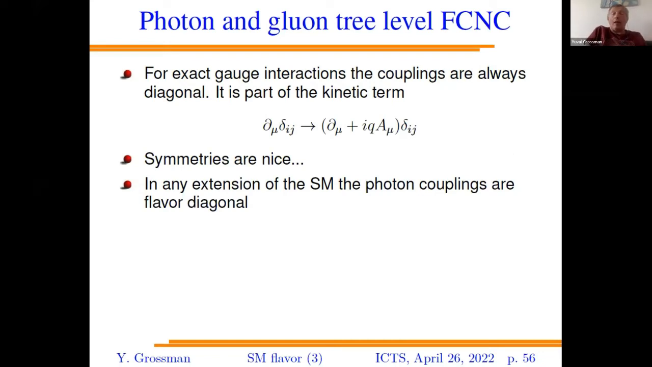Yes, so what I want to say is the following. The photon coupling comes from the kinetic term, okay? And I should have written it more explicitly. The kinetic term for any fermion is psi bar D-slash psi, right? And the D-slash is the one that has both the derivative and the coupling to the photon, right? That's the D mu. And therefore, since the derivative must be diagonal